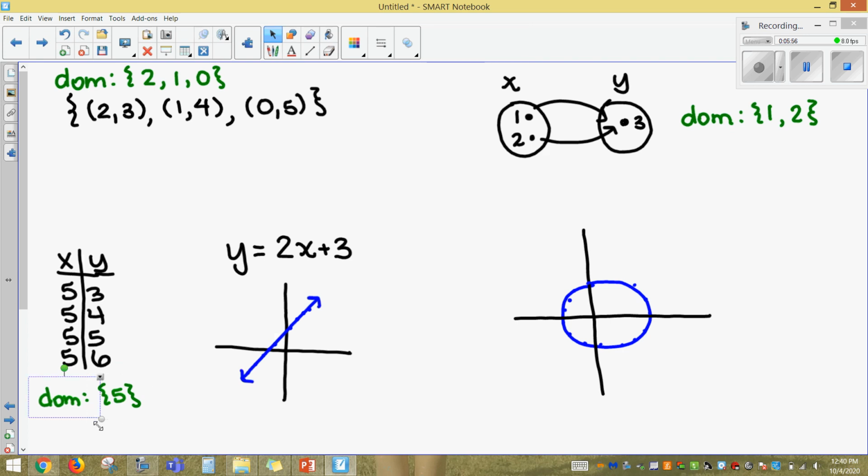Now, if a value is repeated, meaning I have 5, 5, 5, 5 here, we're only going to put it on our list one time. Same thing, regardless of how the relation is presented to me. If there's repetition, we're just going to write it down once. Now, when it comes to the domain of either of these 2 relations,